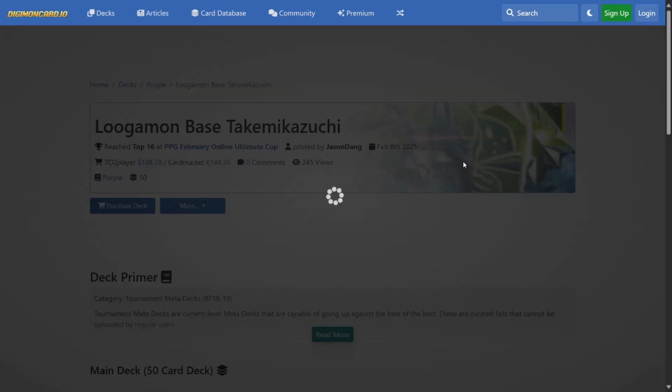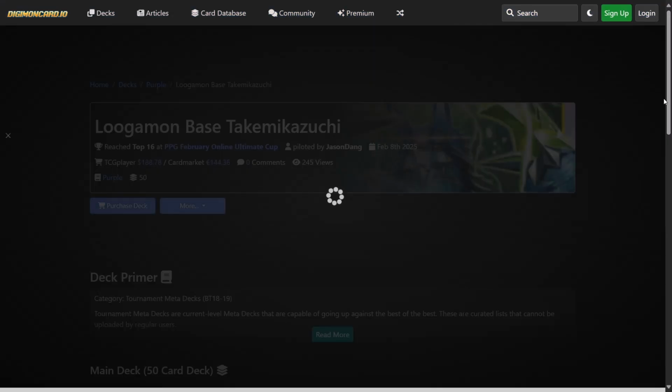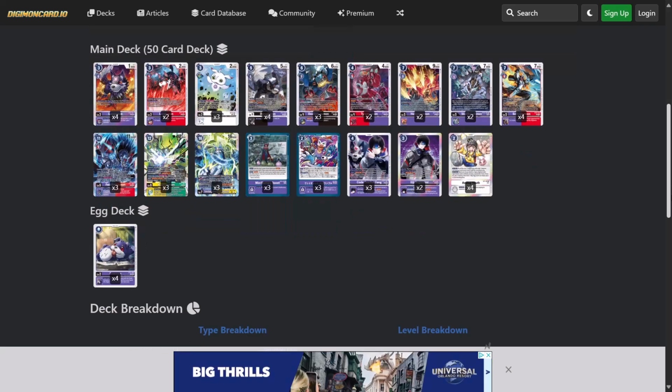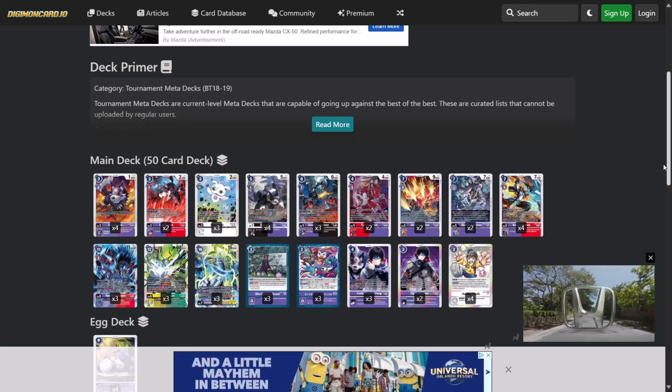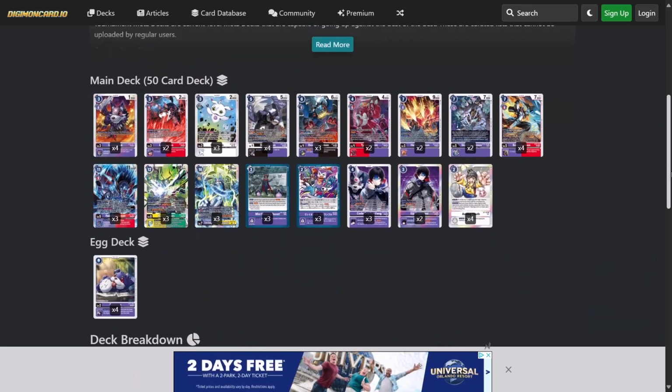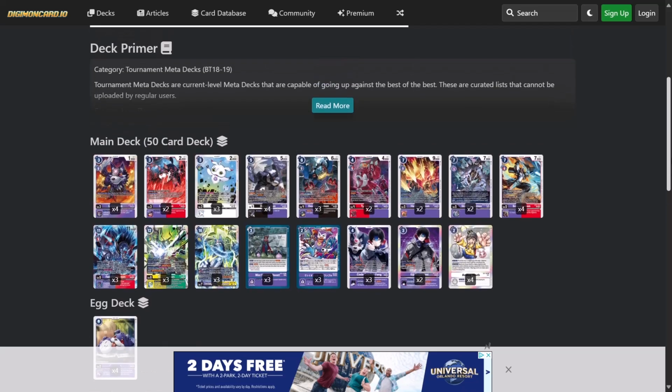Now we do have Lugamon, Takamazuchi. We already know that Takamazuchi is a very powerful deck. It's really good into the Volgramon high ends. So when you see Volgra in a lot of major events, this is kind of just where you scream that you want to be playing Takamazuchi to counter it because they just help mill your pieces into the